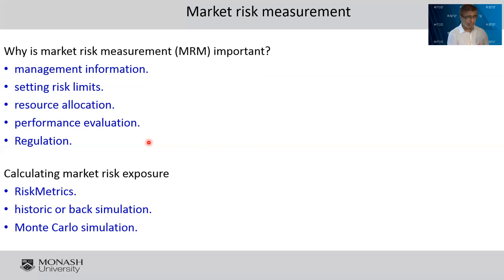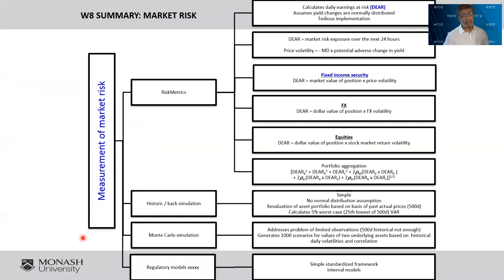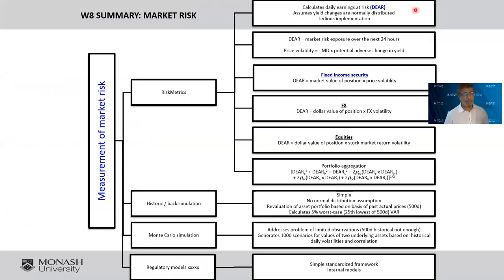They have so many risks. Market risk is part of it. So when you provide information about this, you can show whether the risk that will come from the trading, or the market risk, can actually be buffered by your capital. Now, in terms of the exposure, we have the risk matrix, historic or back simulation. These are the three methods which we'll talk about. And maybe this map will give us enough information about what we are talking about.